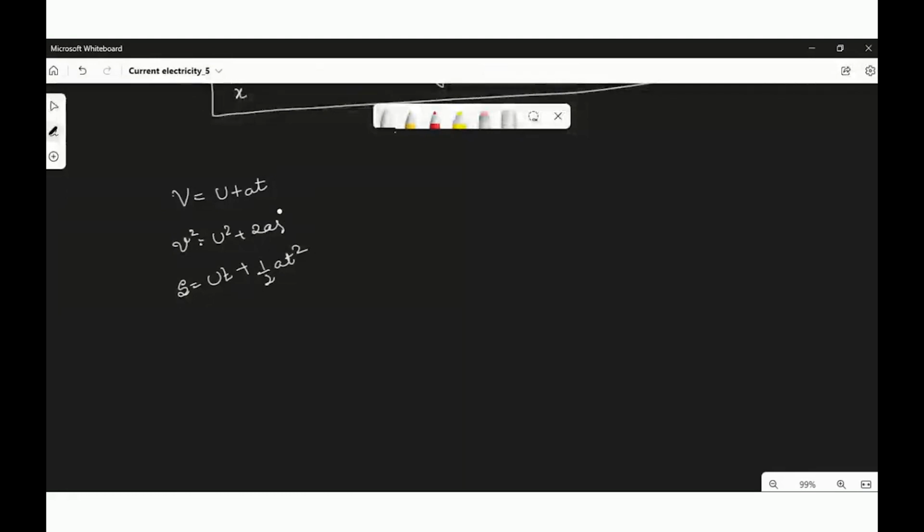The point is, out of these 3, which equation can I use? Because somehow I need to calculate acceleration, right? In all the equations, the acceleration term is there. So out of these 3, which should I use? Initial speed is given, and the second one? Yes, because there is no information regarding time. So obviously you can eliminate the first and the third one.